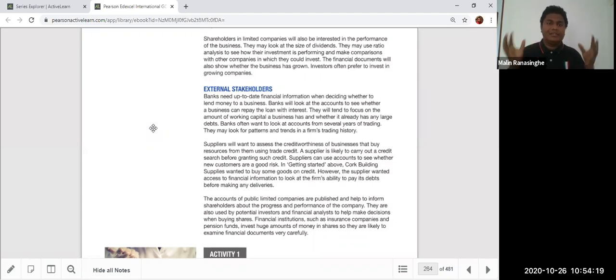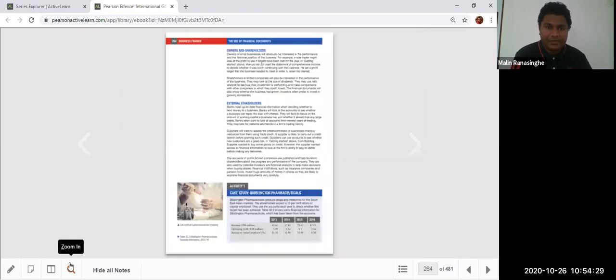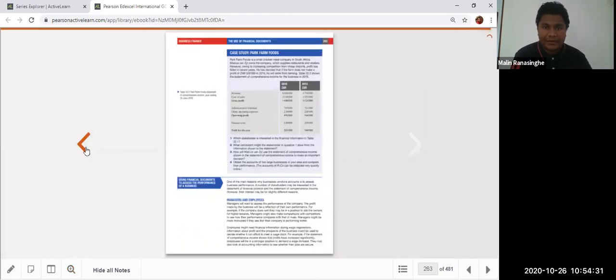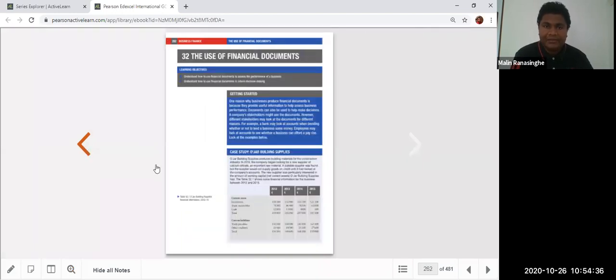So, to wrap up today's lesson, I taught you the main financial objectives, the different stakeholders, and the main important stakeholders: external stakeholders, owners, shareholders, and managers. I also talked about the case study and introduced the importance of using financial documents in organizations. Let's meet on the next day, I think Thursday, since Friday is a holiday. Let's finish this lesson this week, and we'll move on to the revision week next week.